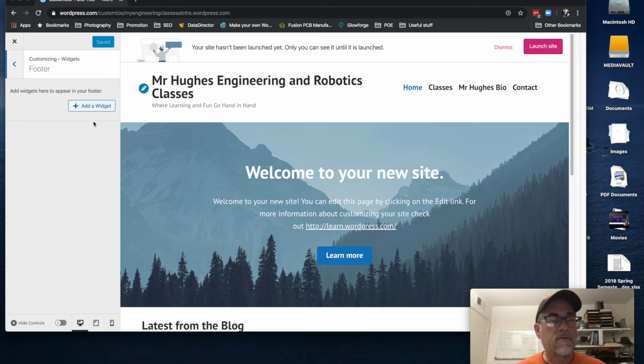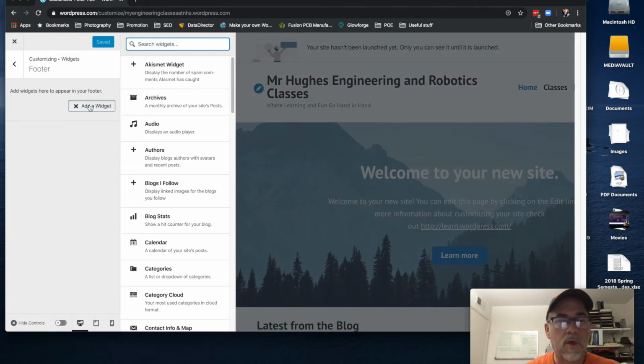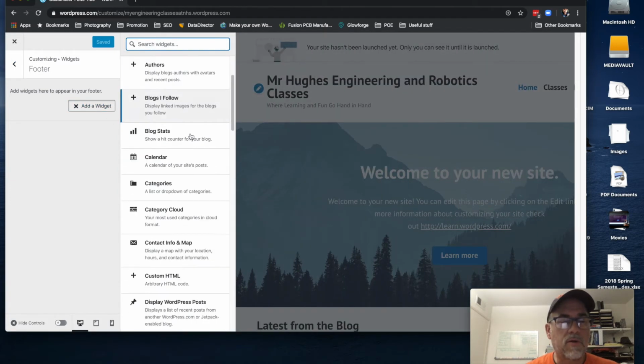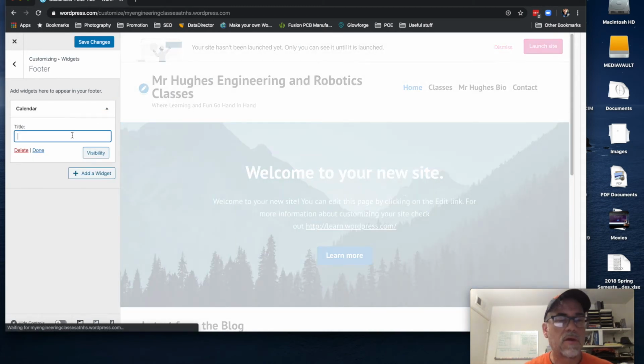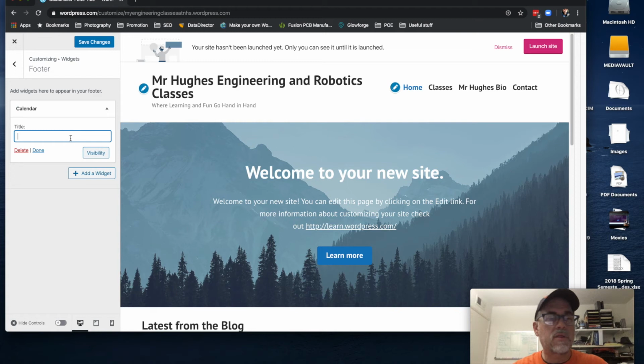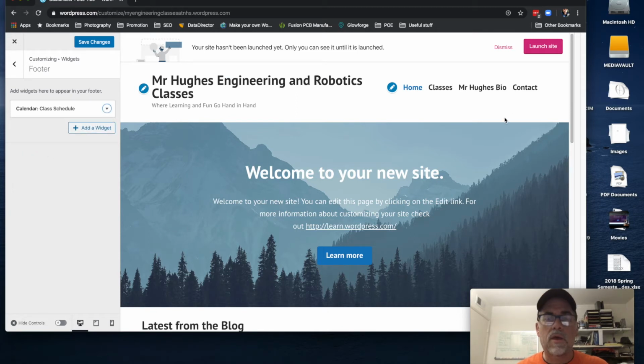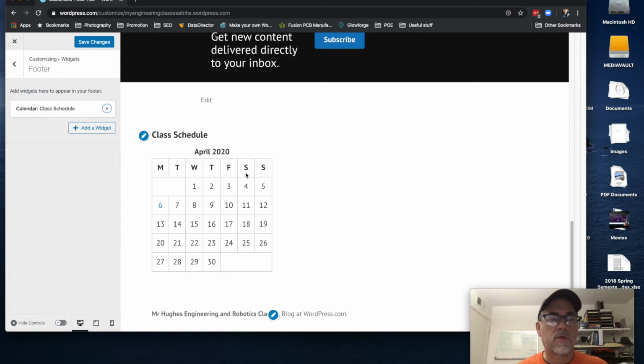Widgets, these are kind of interesting things. These appear in the footer or at the bottom of the page. We're going to click add widgets. We're only going to add one. You can go through here and check them all out, but we'll just add a calendar, and we're going to call this one class schedule. Click done, and if we scroll to the bottom, we'll see our calendar, class schedule. Click save changes, go back,